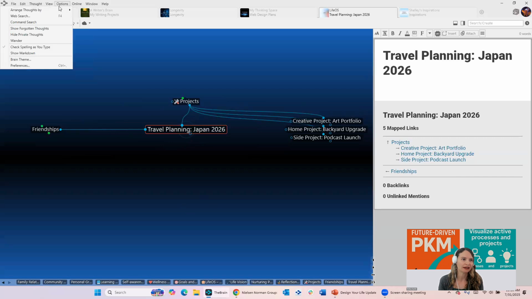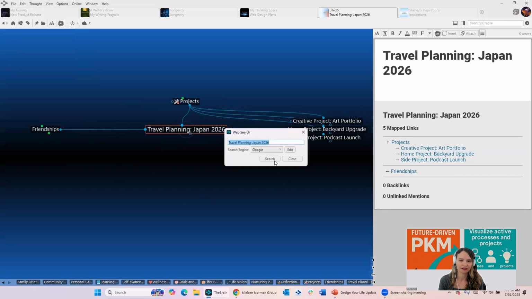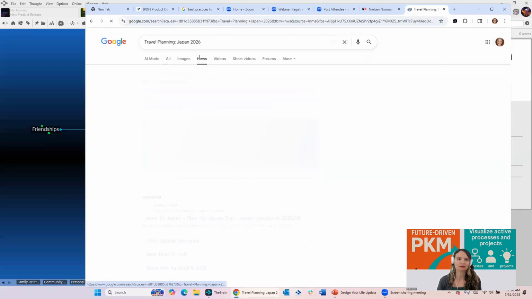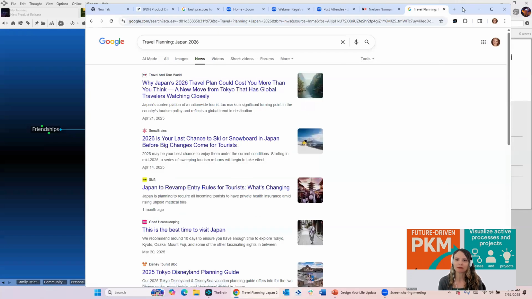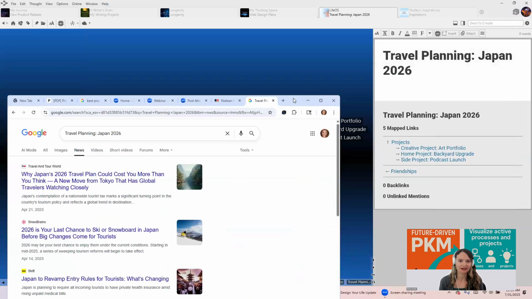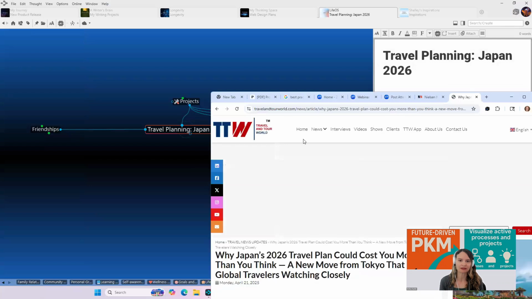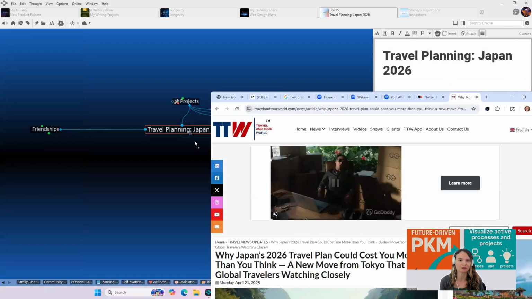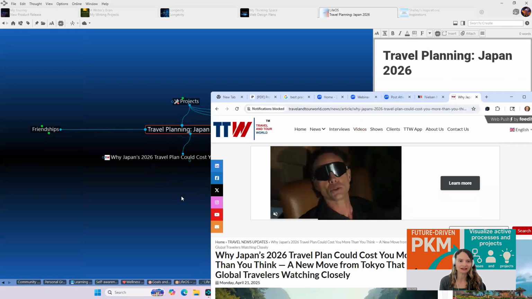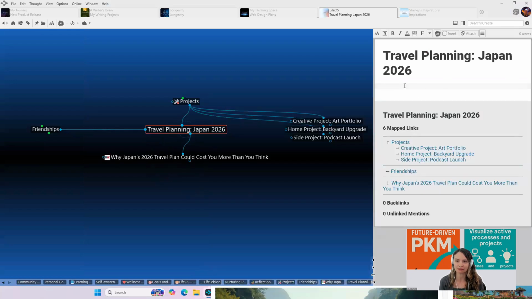If I want to search the web on planning for Japan, I can do that. And I can pivot from basically, I'll just go to news real quick and add something in. So pivot from my theoretical, what I want to do, to my practical application of here's how I do it. So in this case, there's maybe an article I'm doing some research on. So I'm going to take this URL, I'm going to drag and drop it under my Japan plan. And you can see that makes a nice web connection to that. I can start taking some notes in my notes area over here.